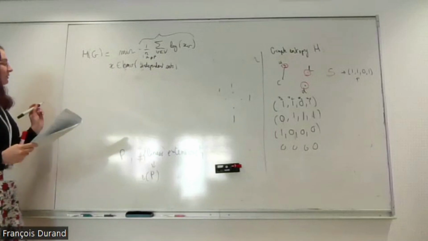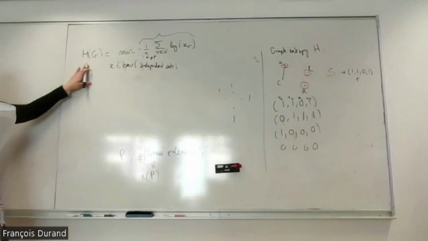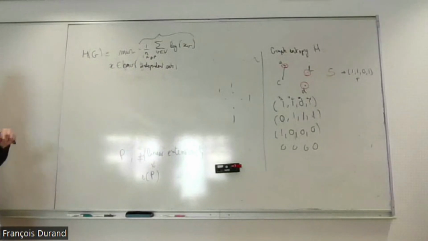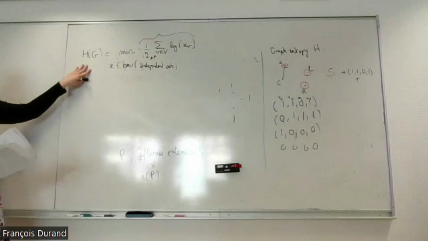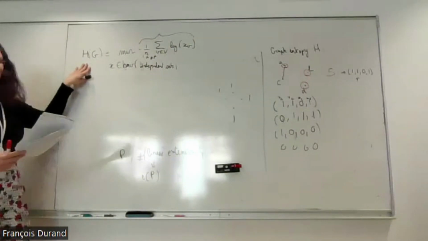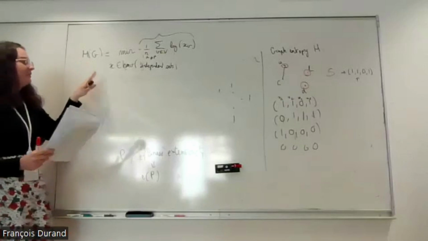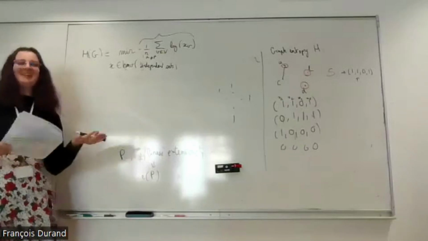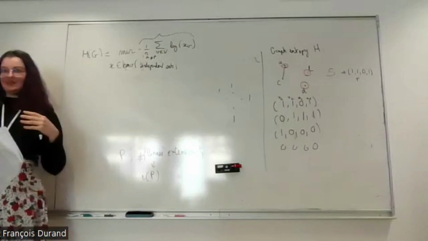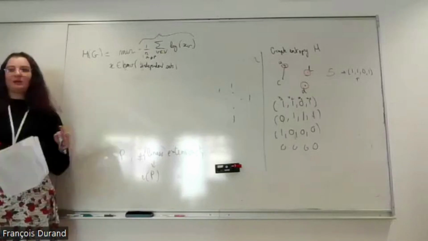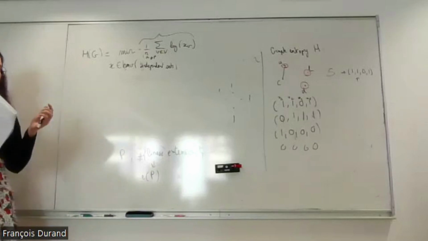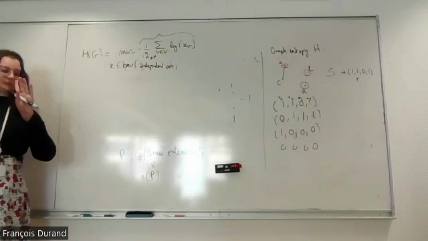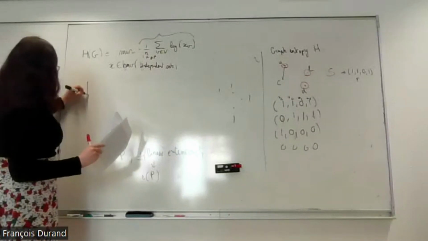Okay. This is the definition in the case where you take any graph. But in our case, we are going to apply this to our poset. And so we are going to apply this to the graph of incomparability. So for example, let's say that